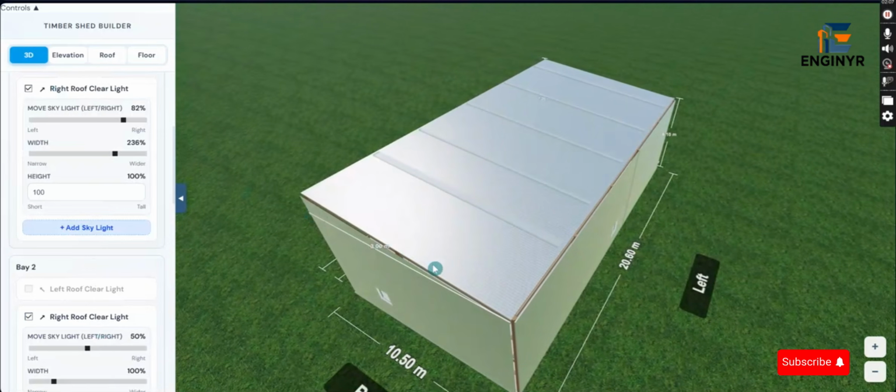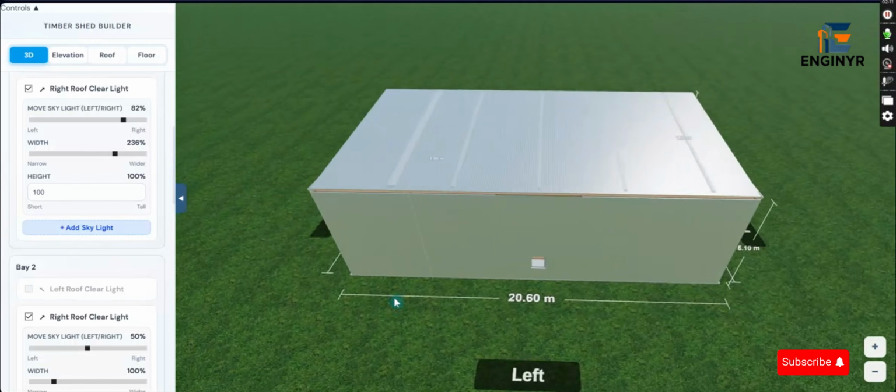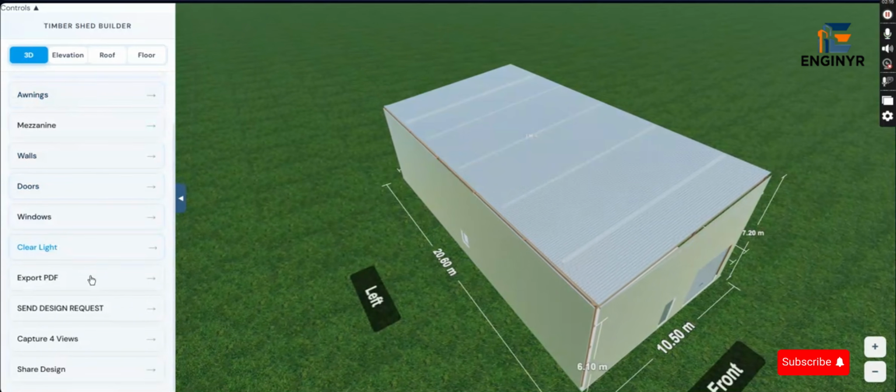You can add an extra clear light in your shed, and let's go to the export PDF, and here you can write the address of your shed